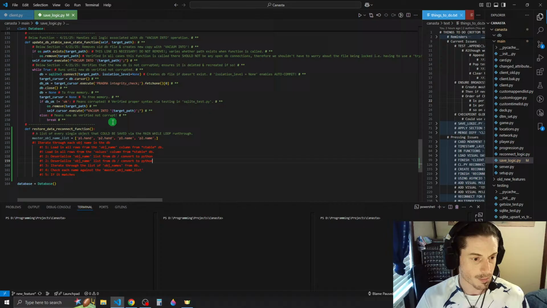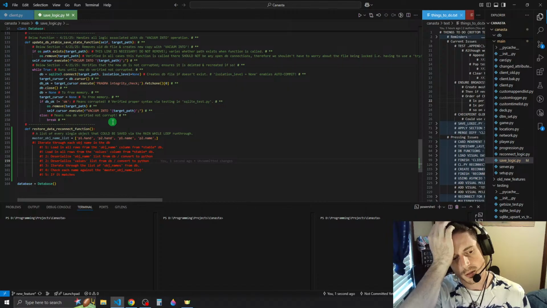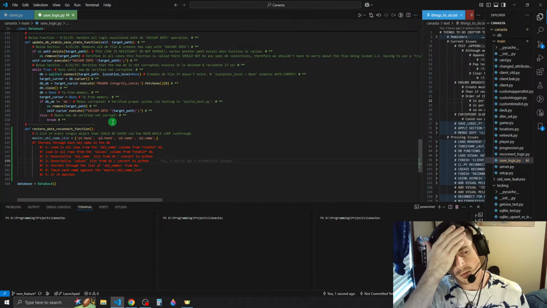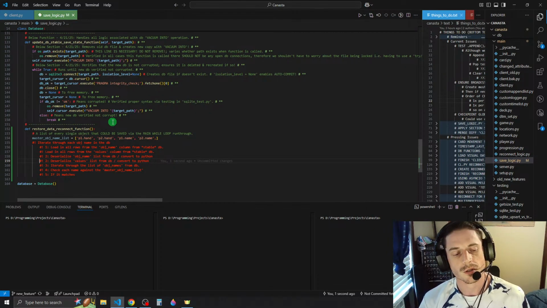We'd have to do the same thing with the values list. Well, no, that wouldn't work. We would have to do it row by row. Yeah, we would have to do it row by row.